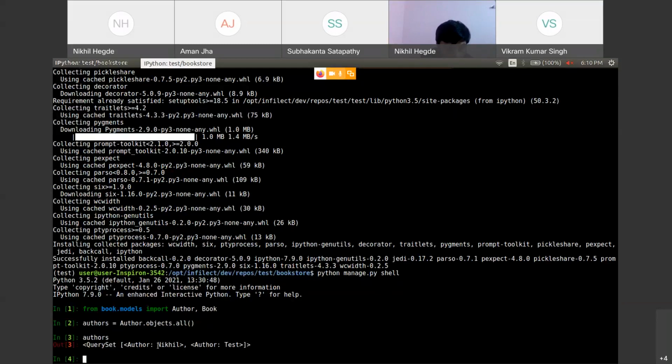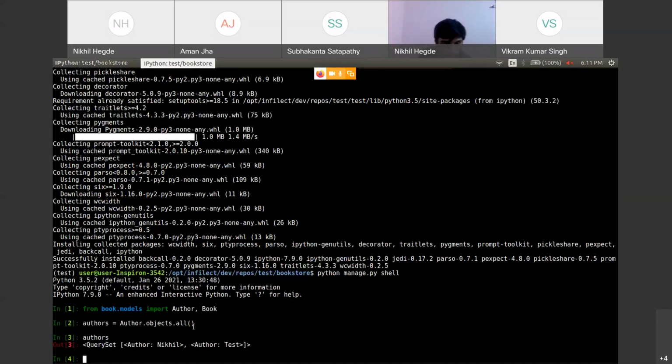And inside this QuerySet, you can see author Nikhil and author test, which is correct. We have added only two authors, which are reflecting in our query. Okay. Did everyone understand how to write a query? Or if anyone has a doubt. So this is the query, author.objects.all, to fetch all the objects from the author table.